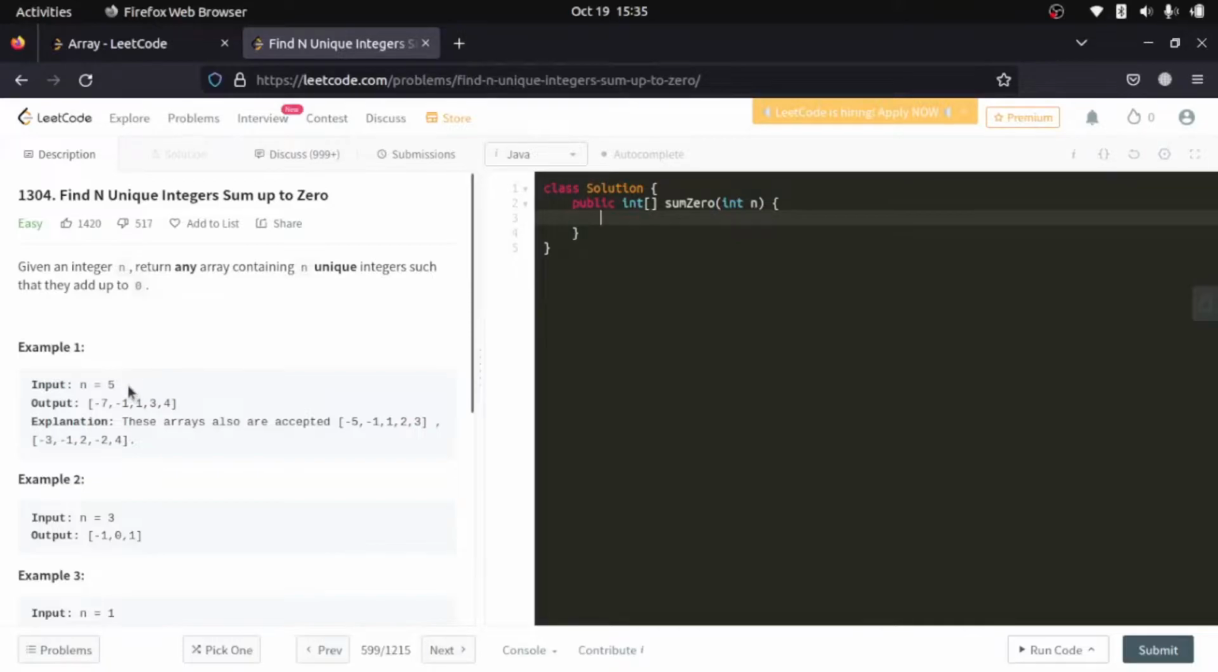Okay, so basically we are given an integer n, and we need to create an array of n length where the summation of the whole array is equal to 0. The question is really simple, but the implementation is a little different. And one thing that we need to take care is that the